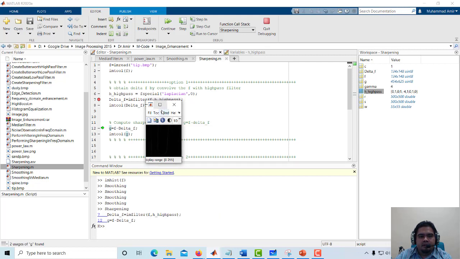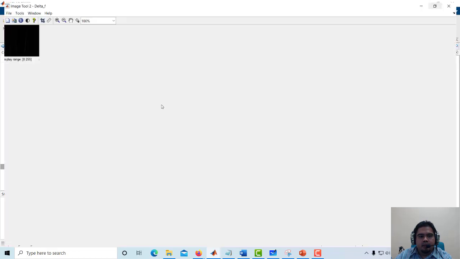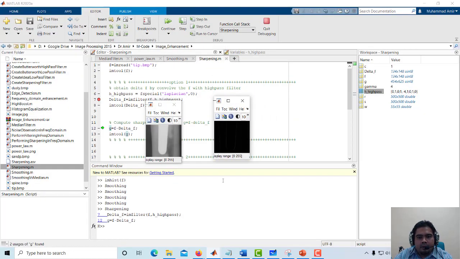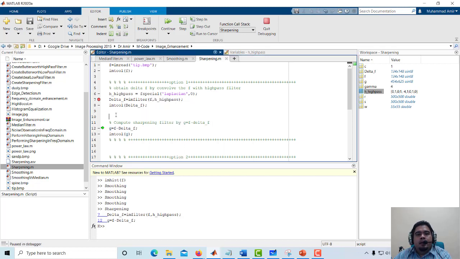Of course, there's nothing to be seen; it's very dark. Actually there are values there, especially at the edge, at the border between the implant and the hip. There are points there, but this is nabla squared f. And then this is where you compute the input image minus the output delta f, or nabla squared f, and then you get